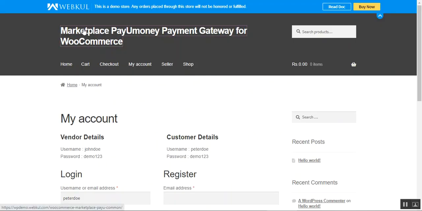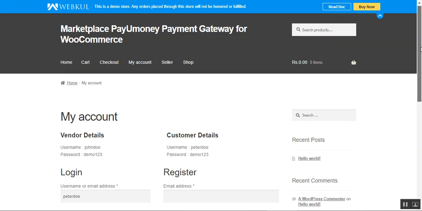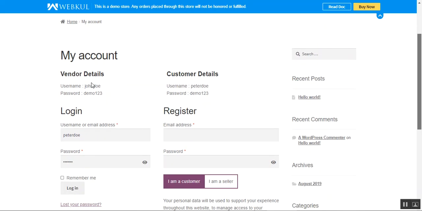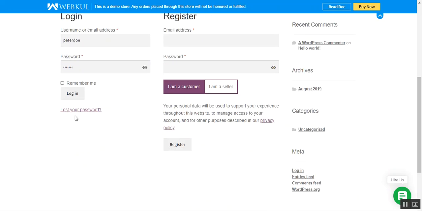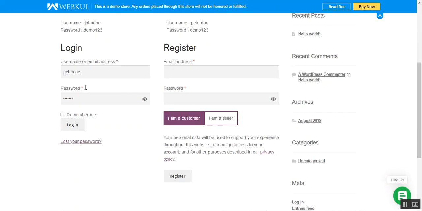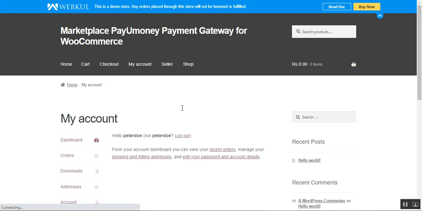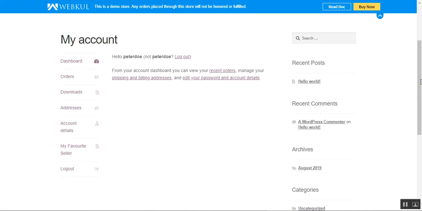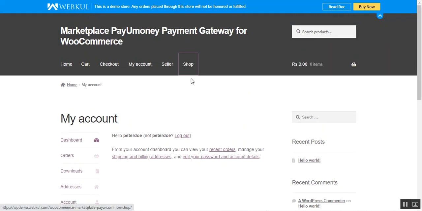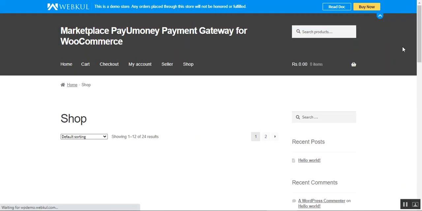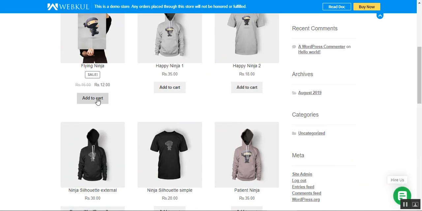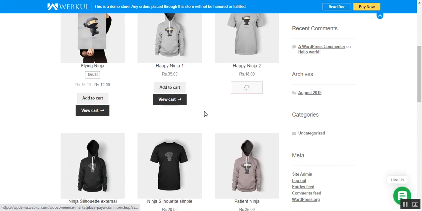So here I'm at the web store front end for the WooCommerce Marketplace PayUmoney Payment Gateway plugin. I'll be logging into my account first, and thereafter we'll be adding a product into the cart and making a checkout. Under the login, I'll enter my username and password, and tap the login button. Right now I've logged into my account, as you can see here. Now I'll go to my shop page where all of the products are listed, and I'll add three products to my cart,